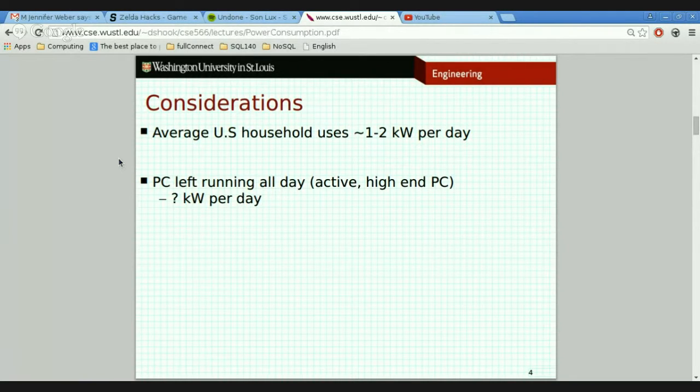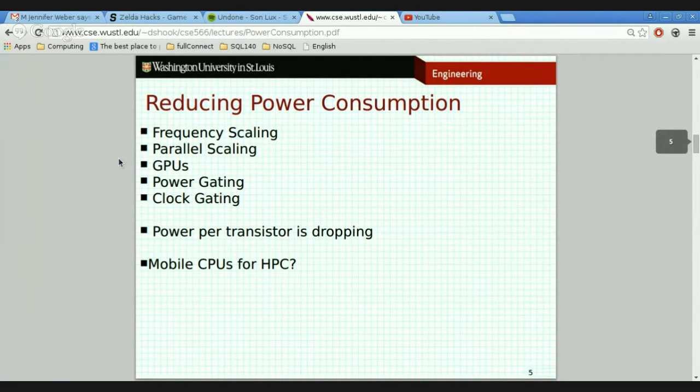So what are some techniques to help us reduce power consumption and make these machines more efficient? Well, there are several techniques in common use. And remember that these techniques are in use on personal machines as well, because the chips used in these supercomputers are the same chips that you have in your laptop, the same chips that you have in your personal computer. So we just have to look at what personal computing is doing to limit power consumption and apply that to